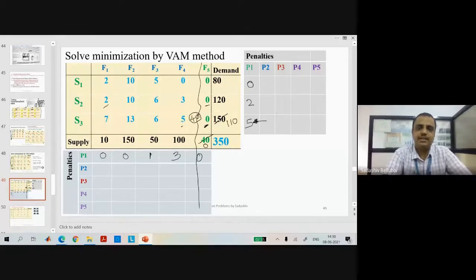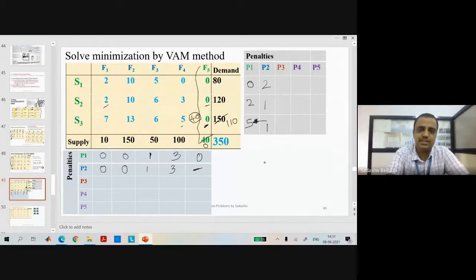Next, again, go for finding the second penalties. For the second penalties, do not consider the numbers from the fifth column. So the penalty here will be 2. Next one, 2 and 3 will be 1. And 6, 5 will be a 1. And here it will be 2, 2. As the column is cancelled, these numbers will not get changed. Anyhow, it is closed. Now 2, 1, 1, 0, 0, 1, 3.